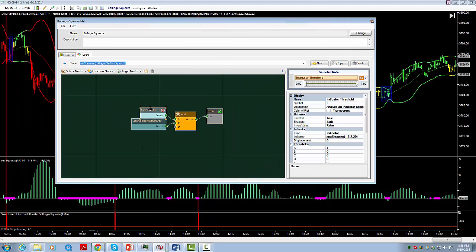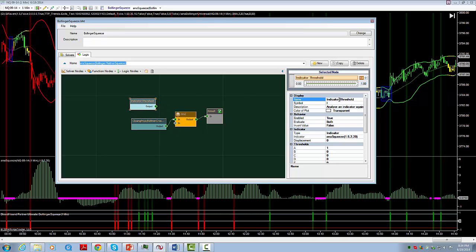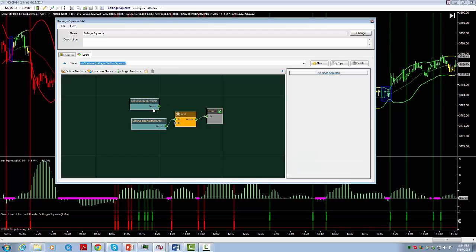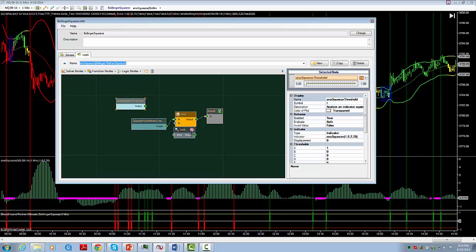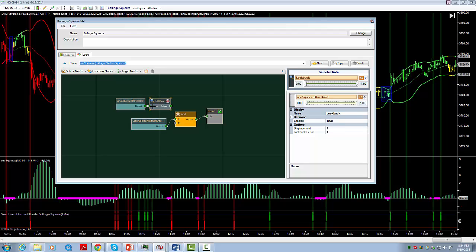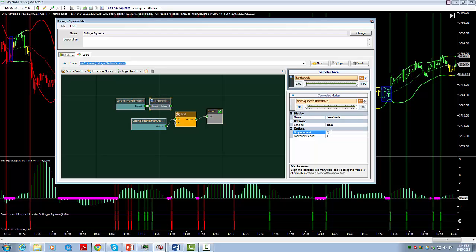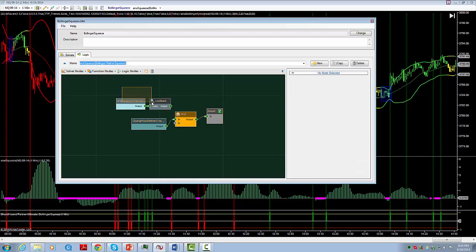Well, we want to look back a few bars. We want to allow a breakout within a few bars from the squeeze. So we'll use a look back. We'll set the look back. We don't need to displace it. We'll just set a look back 3 bars, which actually needs to be 4 bars, including the bar of, and we set that to max. So the maximum value of the past 4 bars. So if the output is true within the past 4 bars, then